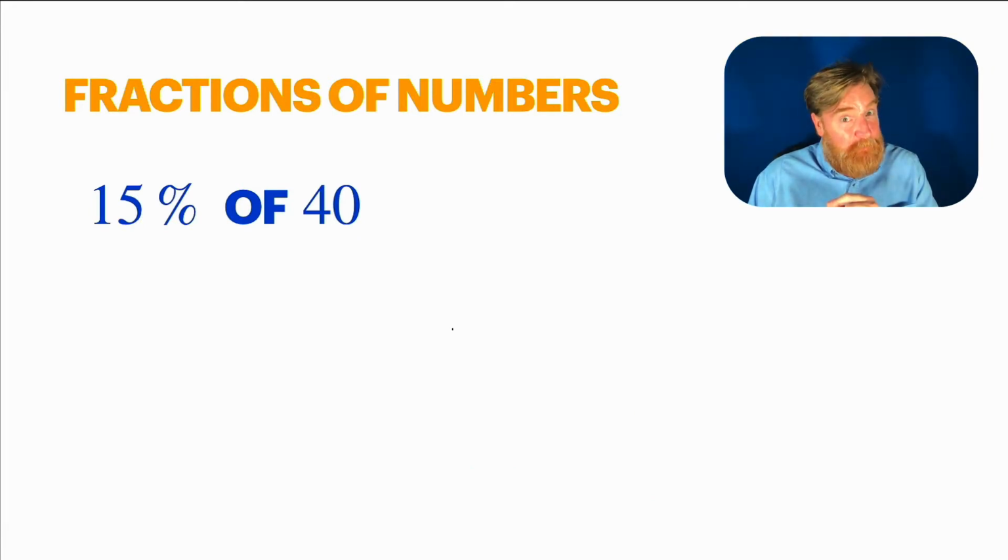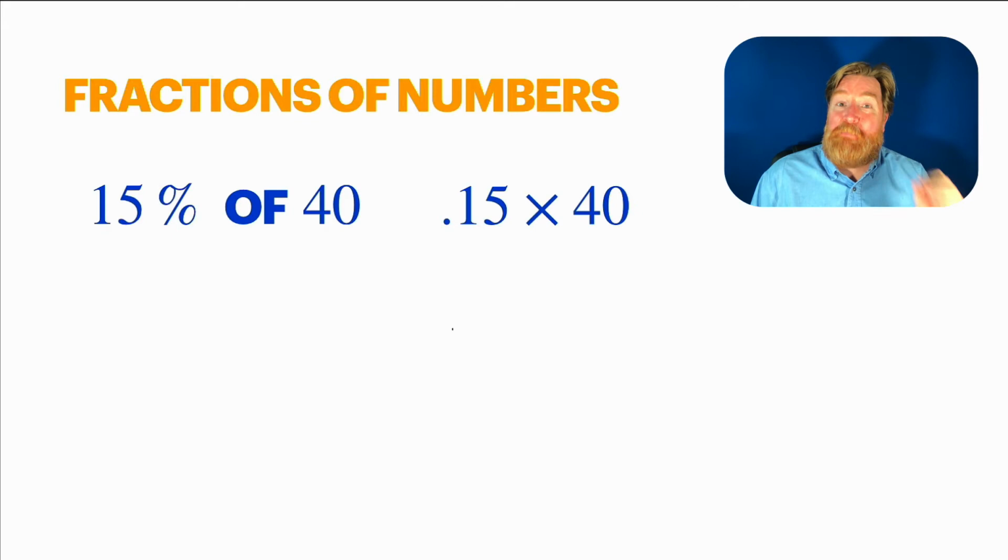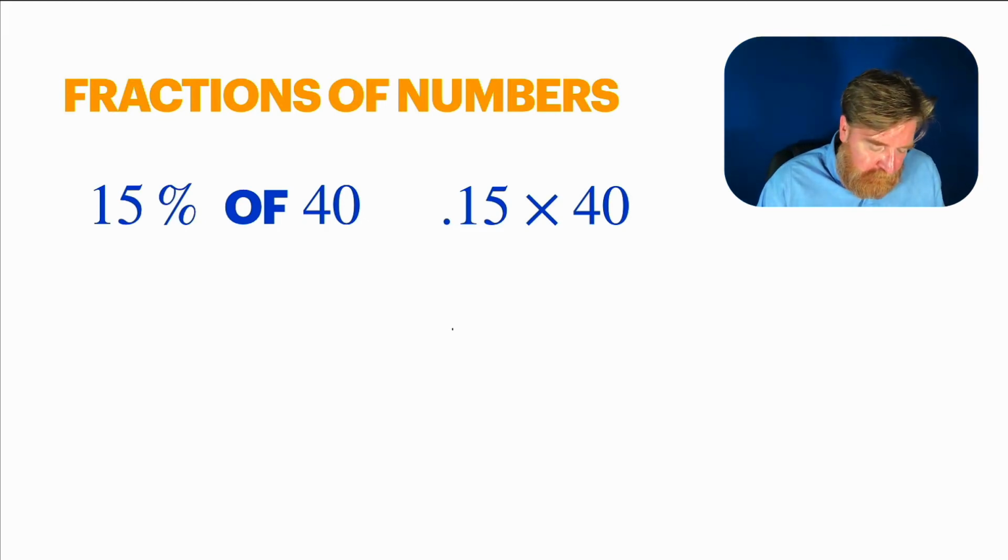There is an option though. 15% of 40, that was pretty smooth. But sometimes people like to work with decimals instead of fractions. So now that we've got decimals under our belt so well, 15 hundredths, we could use the decimal form of that number. We could write it as 0.15 times 40. That's 15 hundredths in decimal form. Well, to do that multiplication,